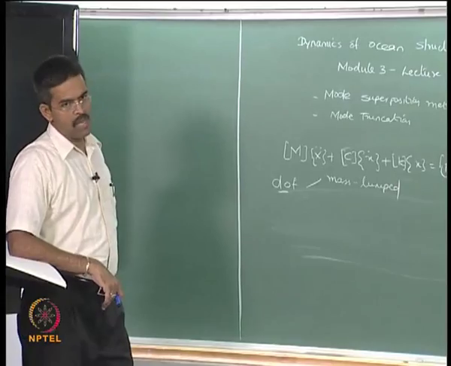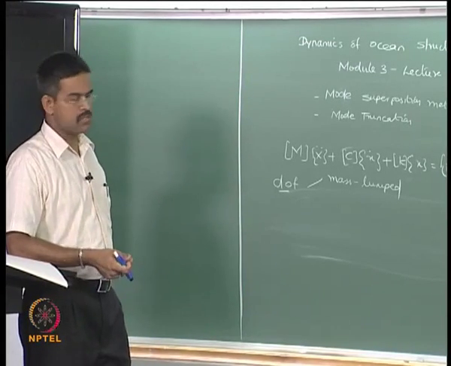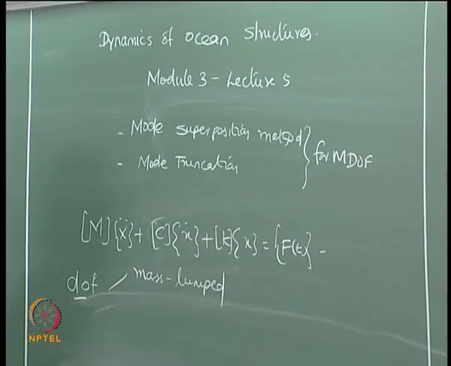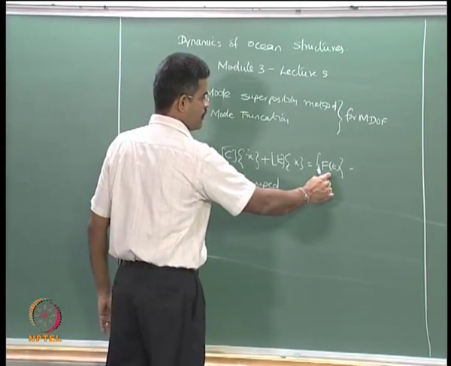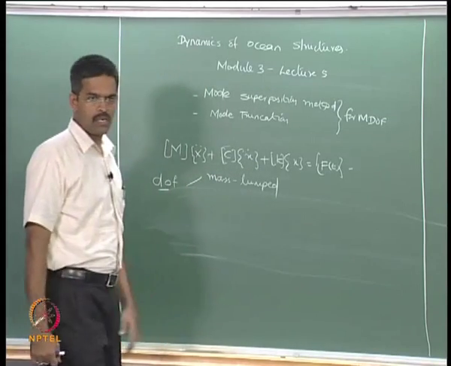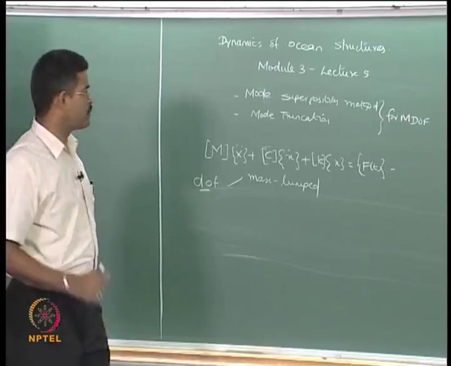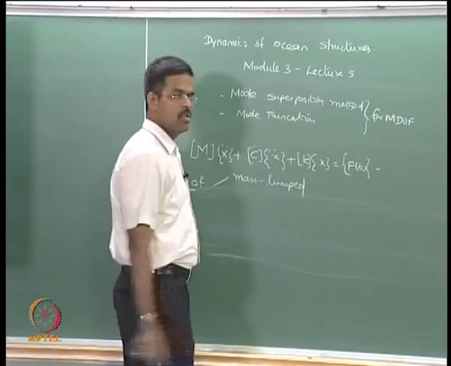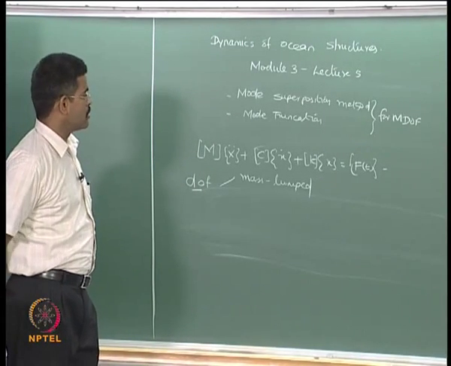And of course, look at the K matrix, because of the dependency of the coefficients of the stiffness matrix on the response, which is an integral built up, this equation of motion cannot be solved explicitly. There is a dependency of the left hand side on the right hand side, because f of t, if you look at the Morrison loading, demands the water particle kinematics, which has the relative motion of the vessel or the body of the offshore structure. Therefore, x and x dot are required to compute f of t, and x dot is not known, because it is one of the unknowns here.